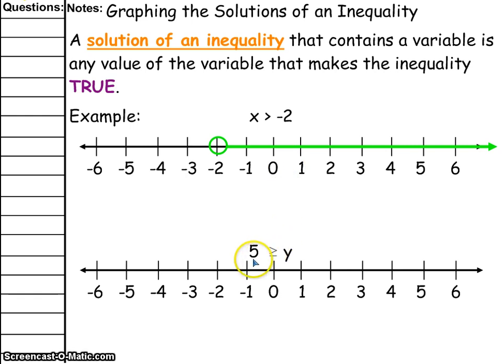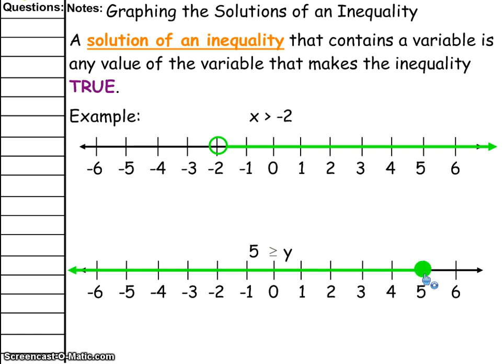Let's look at here. 5 is greater than or equal to y. So again, this tells me that 5 is going to be larger or equal to whatever the letter y can be. So y can be 5 or anything smaller than 5, because 5 is going to be greater than or equal to this number. So to show that on our number line, we want to include 5 because it says greater than or equal to. So to show that we're including 5, we're going to put a